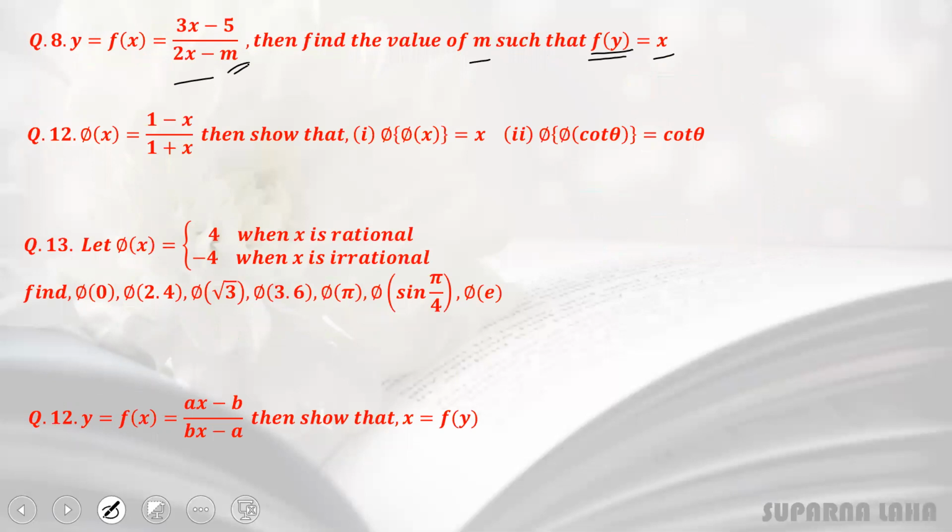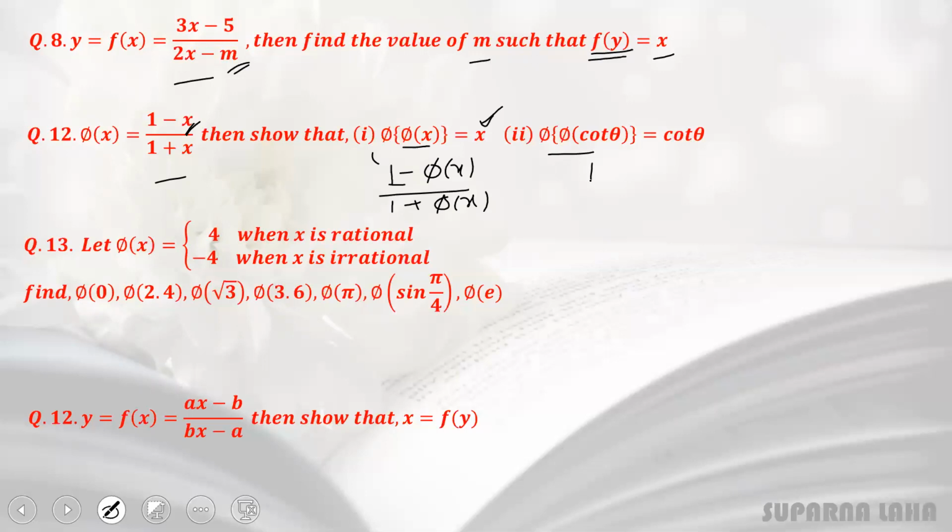It's very easy. Phi x is given in this form. We already solved this type of problems. Log of this function is given where we need to find this value. So phi of phi x is equal to x. So firstly find what is phi x and then in the place of x, again put phi x. If we write down this one, it will look like (1 minus phi x) by (1 plus phi x). Now put the value of phi x and simplify this one, you will find this value is x. Same for this one also.